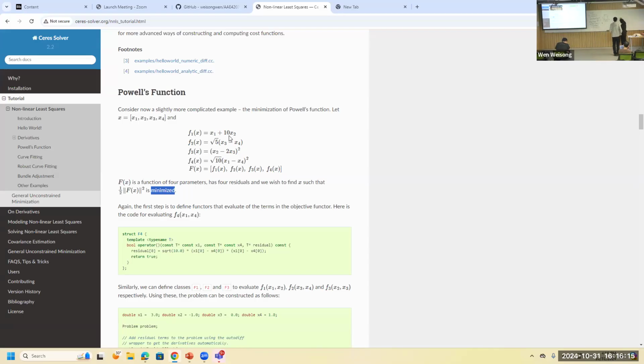For example, if Ax equals B, A is the G matrix here. After you do the expansion, this problem is going to be transferred back to a linear problem. So in this case, you can directly solve it by A inverse B. This is the case where A is an n by n matrix. If A is an m by n matrix, where m is not equal to n and m is larger than n,